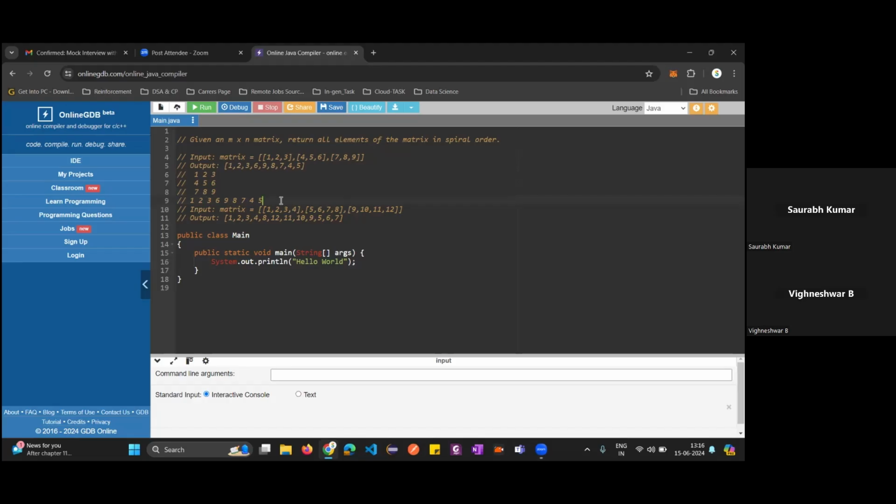Okay, so if I cover the first row, let me write the matrix. So n comma m, we have a matrix, and let's put some indices. First 0,0, 0,1, 0,2, 1,0, 1,1, 1,2, 2,0, 2,1, 2,2. So basically, initially I will cover this, after that I will cover this, and also we'll make sure that we don't